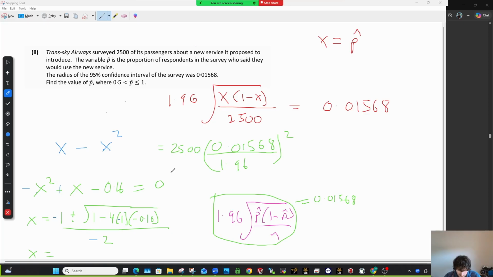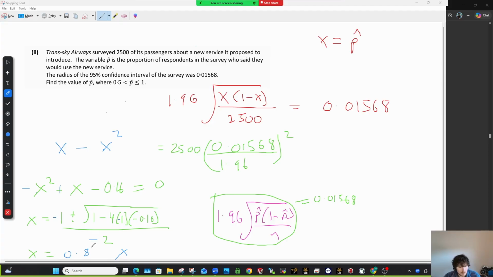So if I put the minus in here now, this should give me a reasonable answer, because we're getting funny answers otherwise. I was getting numbers bigger than 1 for p hat, which is not possible, and then I was getting numbers less than 0, which isn't possible. So this is possible now. So x is 0.8 there,